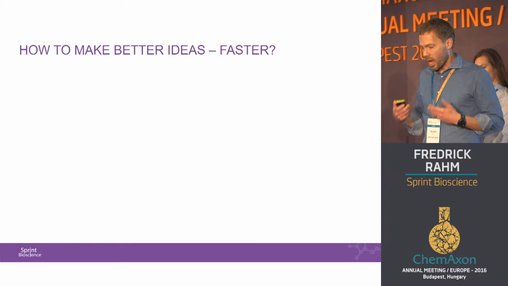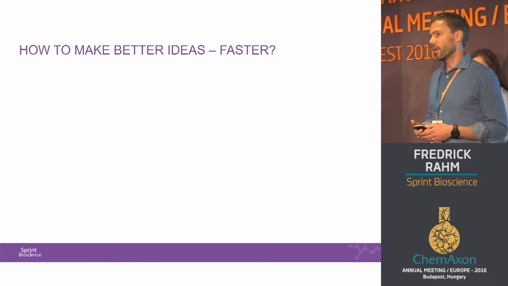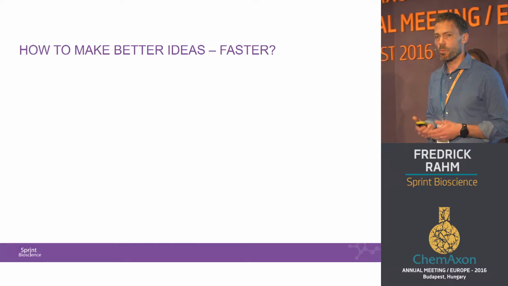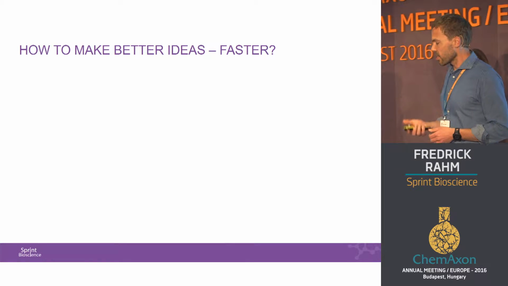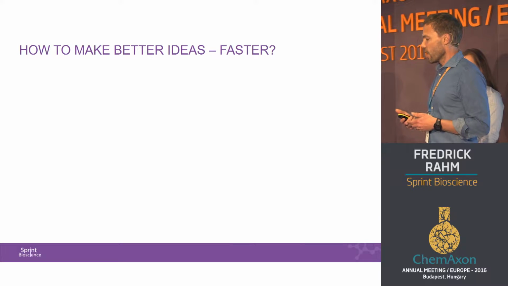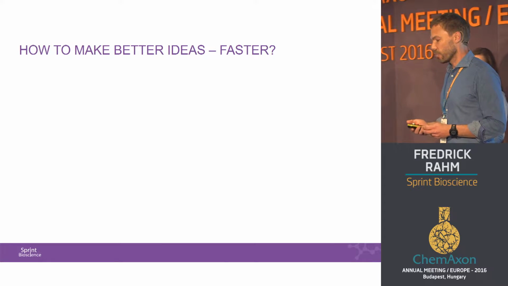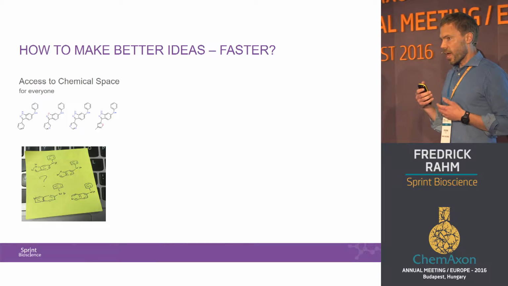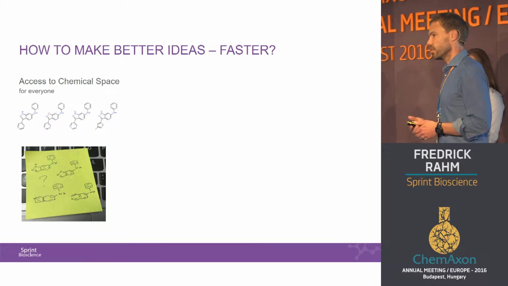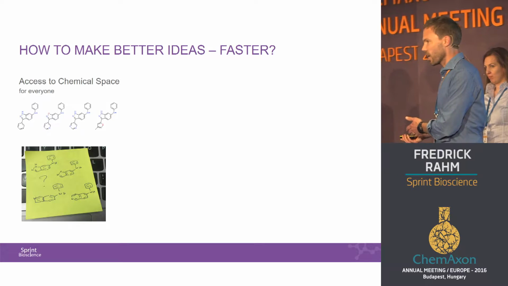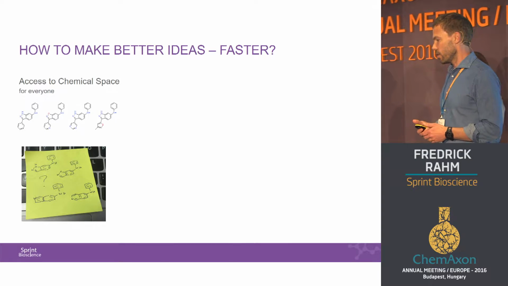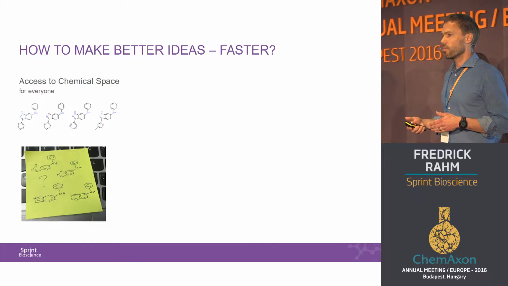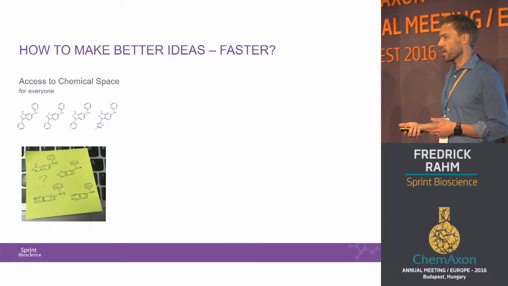So once again, how to make this process better with respect to populating your ideas with many molecules. What we didn't have in the company, well, we said that how can we do this better? What are we lacking? So Marvin Live was one thing. To get access to chemical space for everyone in the company, once again, the computational chemists can enumerate virtual libraries easily. But for the rest of us, if you have an idea and you want to populate that idea with structures,